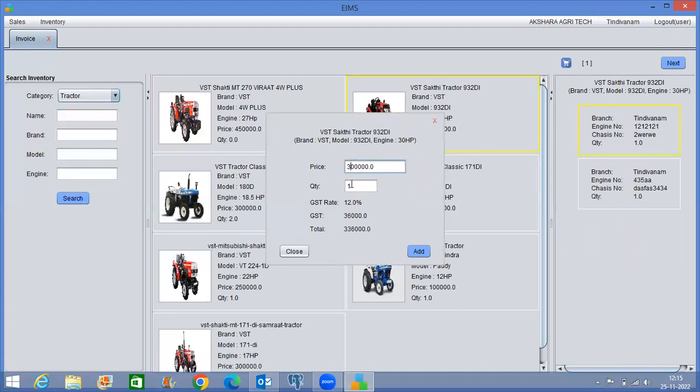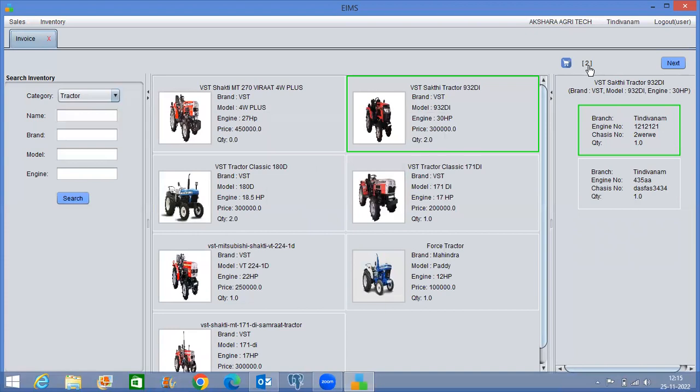And you have the price, quantity. If you want, you can adjust the price. Based on the price, GST is calculated and the amount is added. Now you can see that 2 items are added. And if you click on the shopping cart,